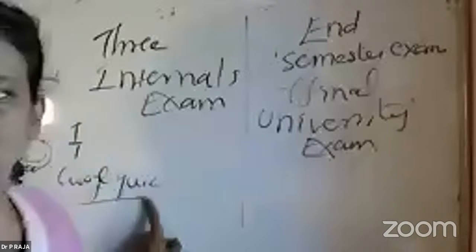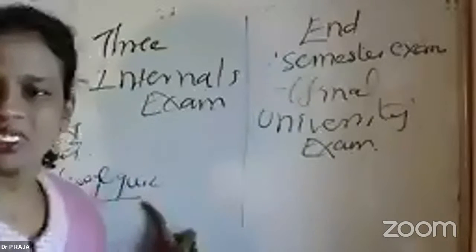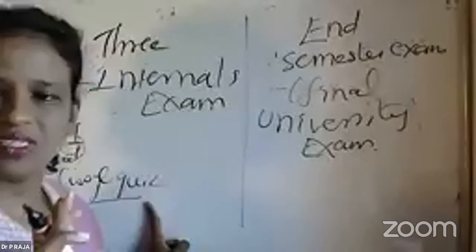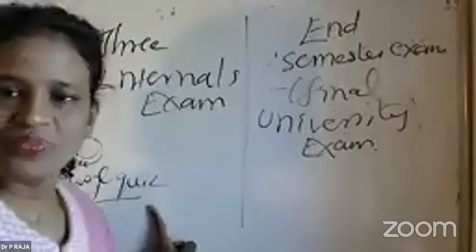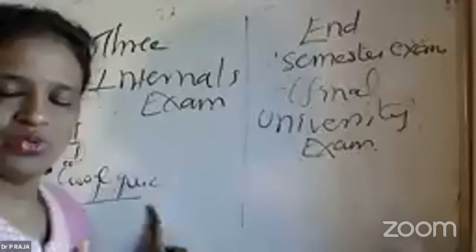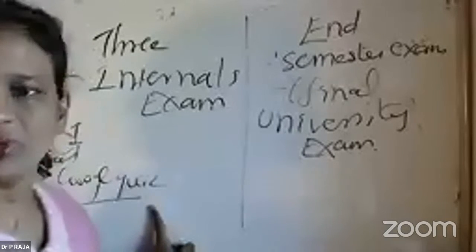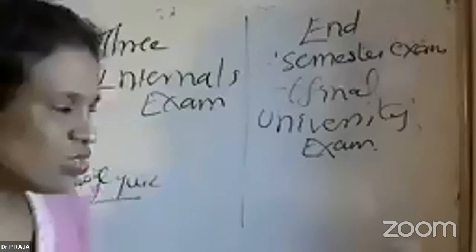The remaining absentee students, whatever the case, maybe you faced internet problems, those who faced internet problems, I gave a chance. They called me and I gave them a chance to write it and send it to me, and I corrected their papers. But others who did not, I cannot help you. So you need to appear. It's compulsory that you submit the